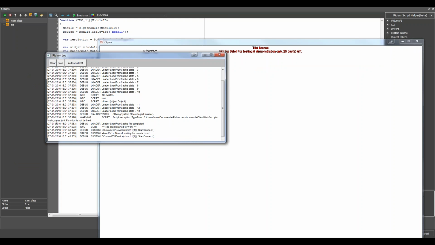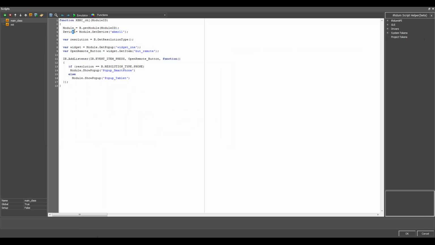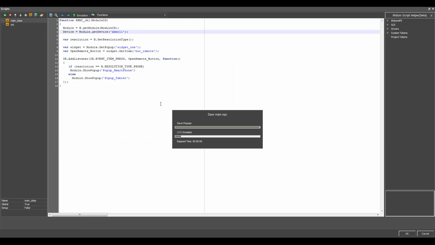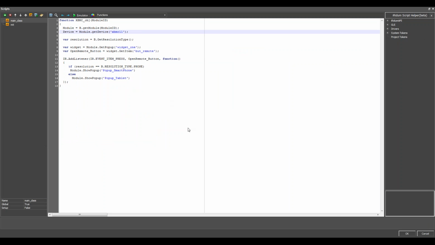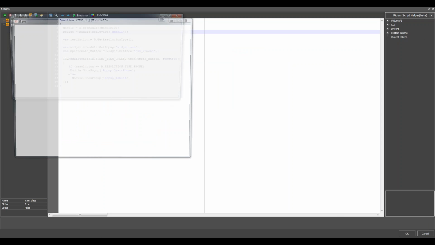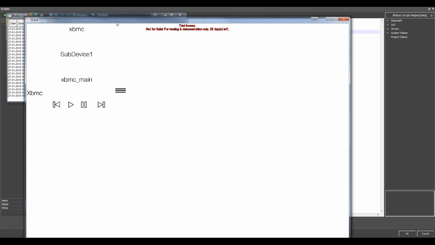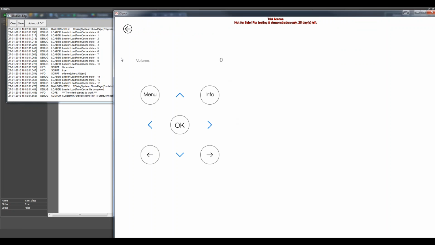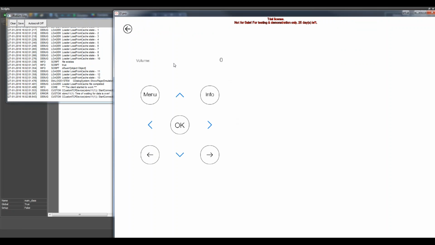Range error main class for here it is. Okay, now as you see, iRidium thinks that my computer is a tablet and it opens the tablet remote.